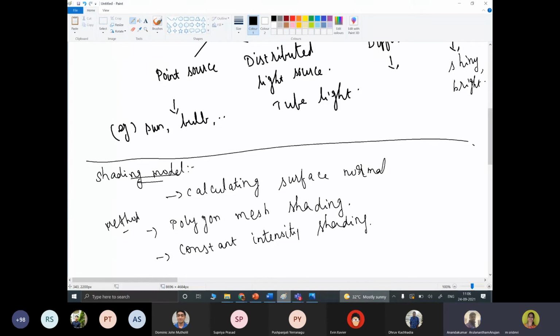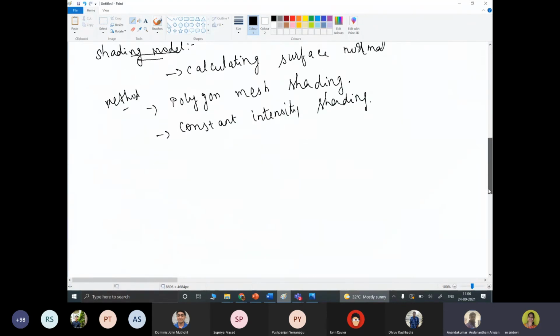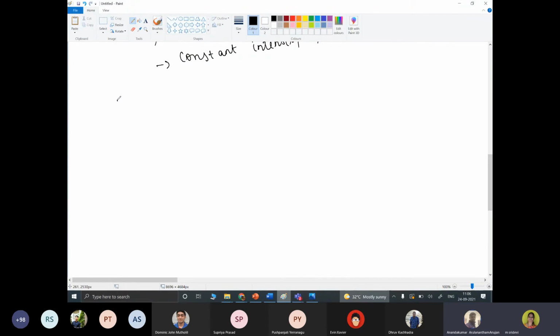Before talking about this, I am just giving you a refresher. To get a realistic scene, you have to give a proper color. There are different color models available. Basically we will use the RGB color model.